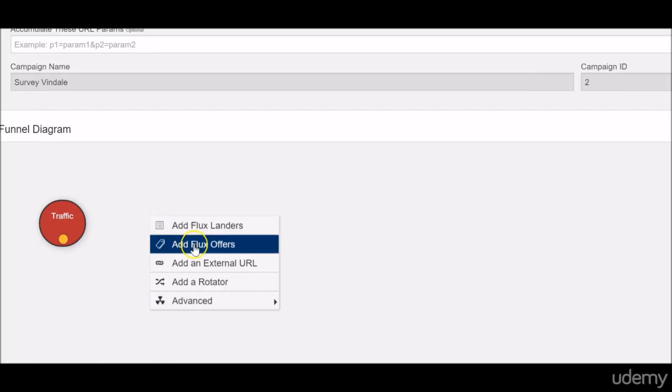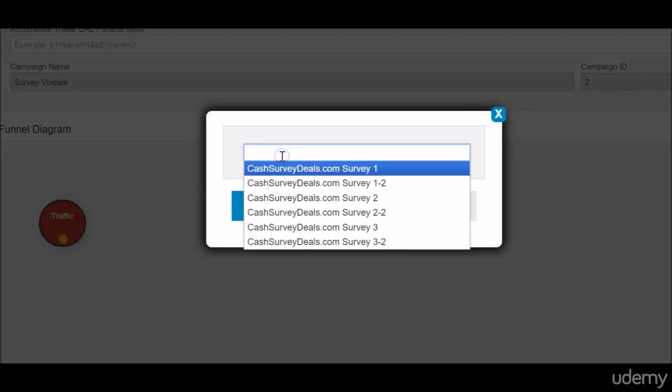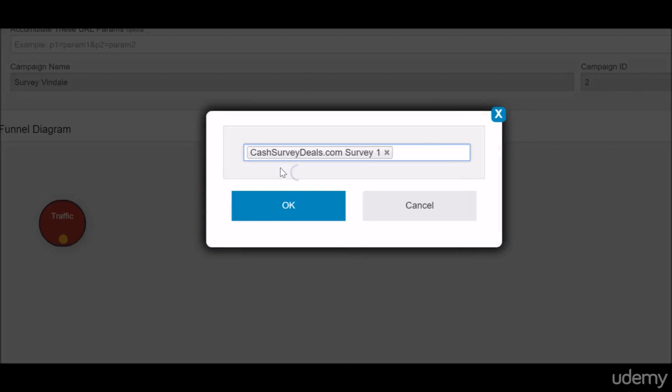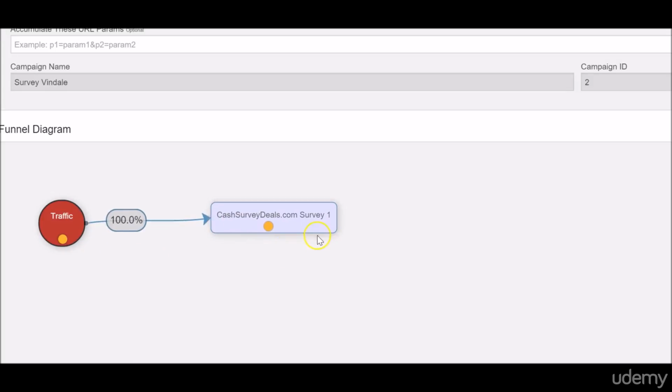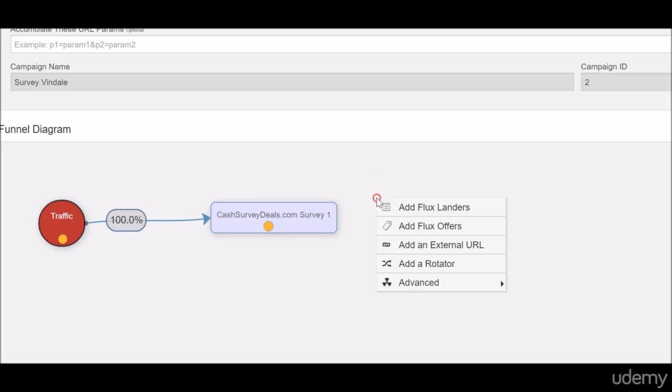Now the first thing we want to do is add a lander. I already have some landers in here. A lander is actually a landing page. In our case, like I showed you in the previous video, it's the page the traffic is going to go to before it clicks through to the offer. So that's your landing page. If you right click and add a lander, what I can do is just drag this arrow directly to the lander. Okay, so right there it's simulating the traffic going to the lander,